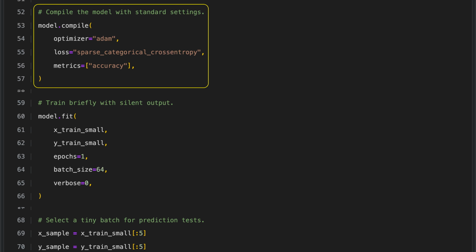The model is compiled using standard settings. It uses the Adam optimizer for efficient and adaptive training, and sparse categorical cross-entropy as the loss function, which is appropriate for multi-class classification with integer labels. In addition, accuracy is tracked as a performance metric. Together, these choices let us train the neural network effectively and monitor how well it is learning to classify the